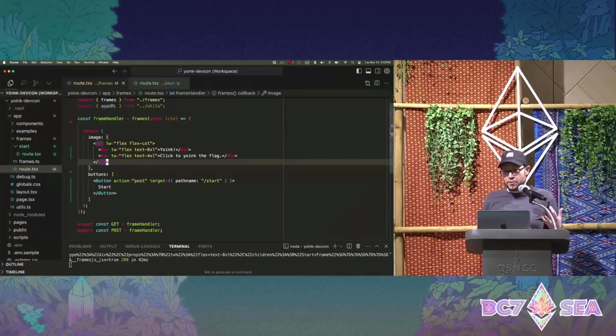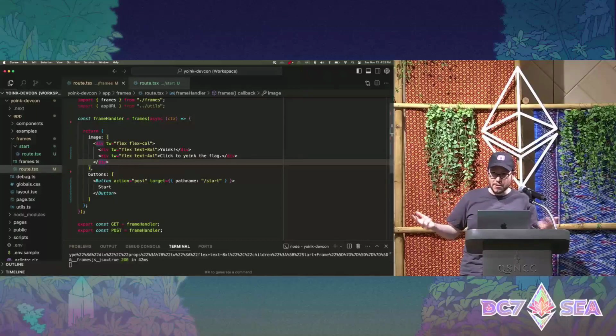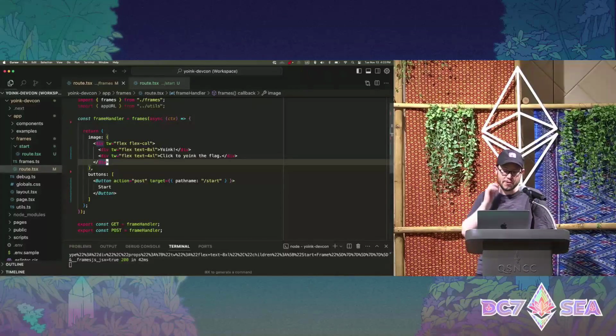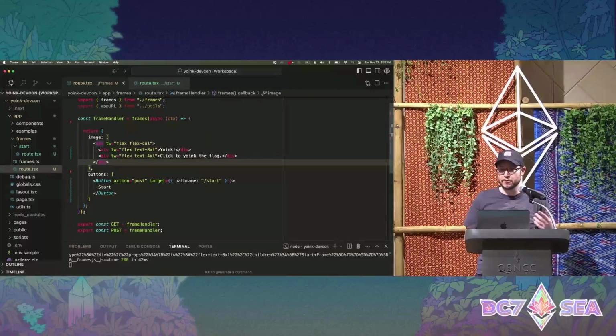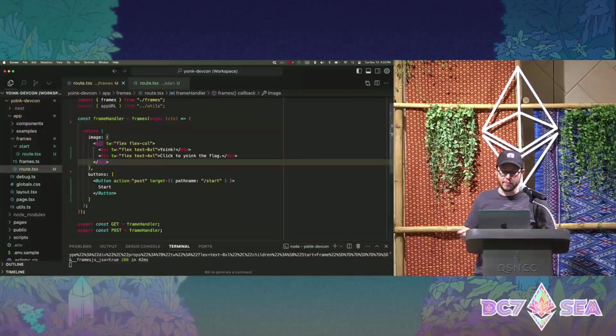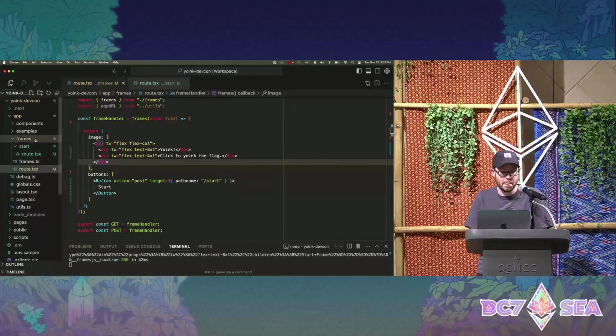So with Yoink, it would be really cool to use a dynamic image that shows the number of Yoinks on the first image and shows a bunch of contextual information. That's difficult to do in our demo and difficult to do with caching. So we're going to adopt this pattern where there's always a start button. We're going to load some data dynamically into that second step and display it there. So if you're building frames and want to avoid some of these issues with caching, it's not a bad idea to always start with this start step, this initial interaction, and you can start loading data dynamically from there. It's a lot easier to avoid issues that you might bump into with caching. So we'll follow that approach here.